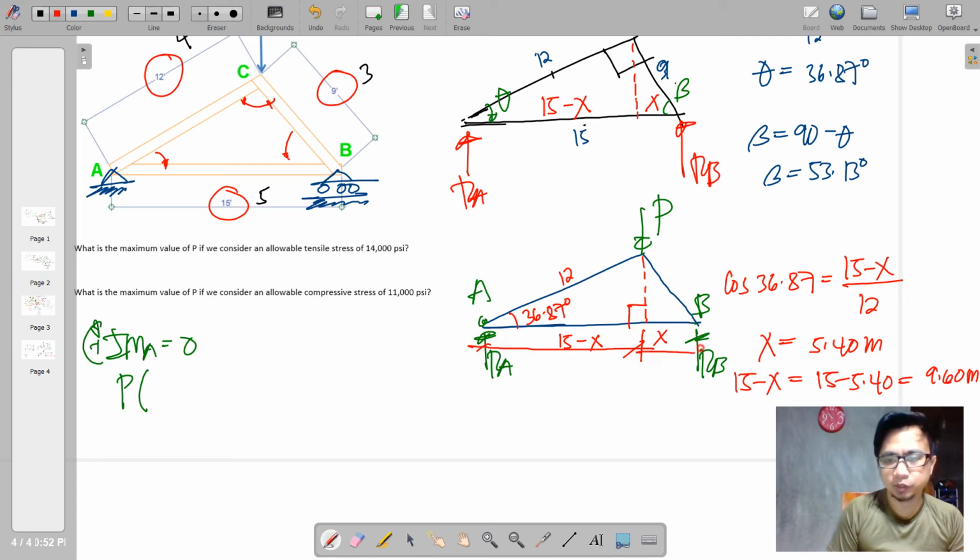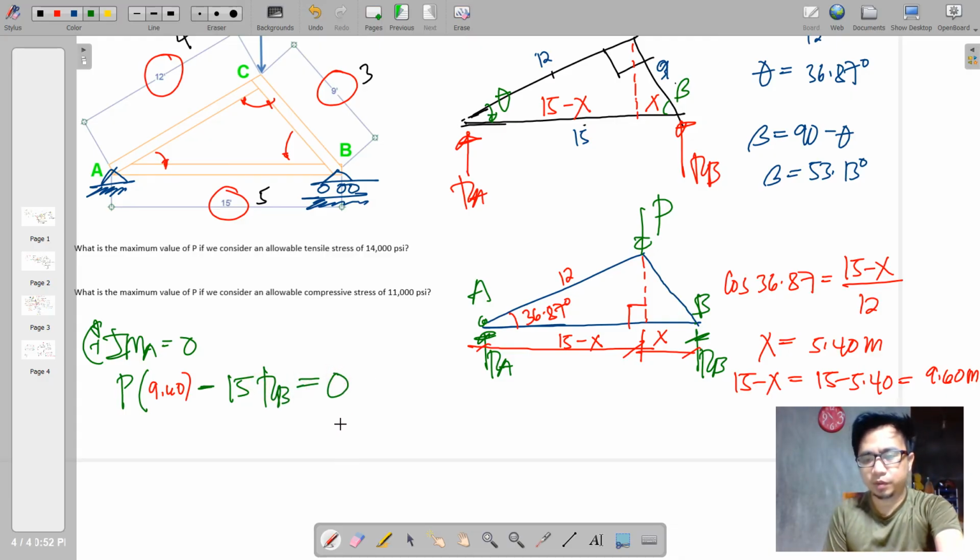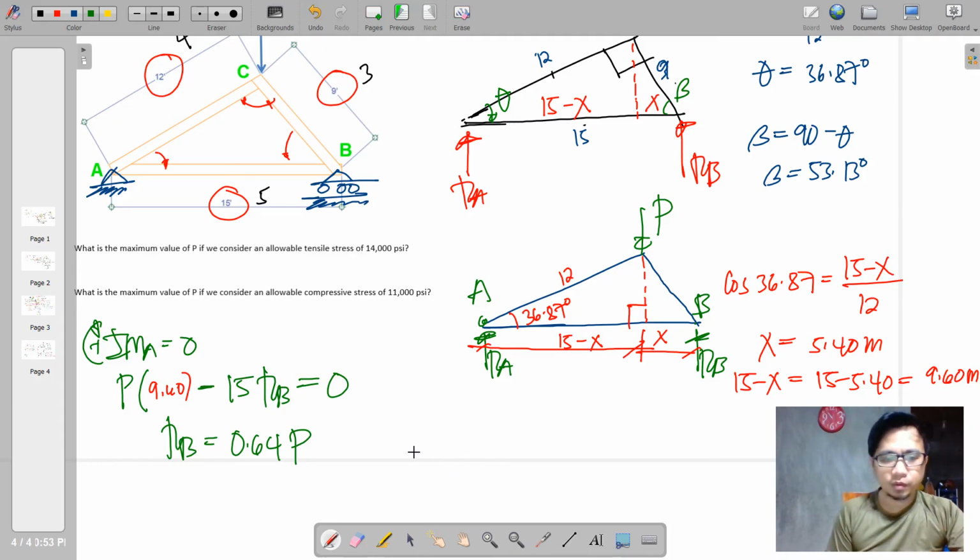So that is the dimensions. So what is 15 minus x equal to? 9.6. Okay. Minus 15 RB is equal to 0. So we have RB is equal to 0.64 of P, and